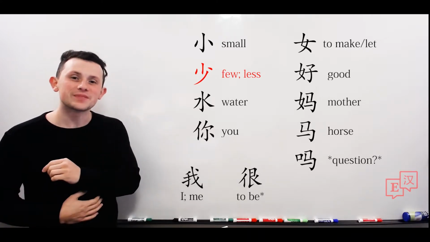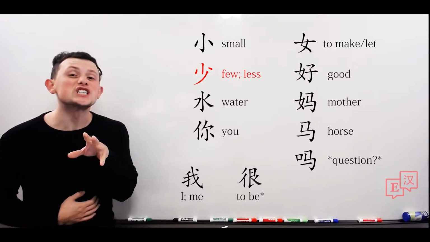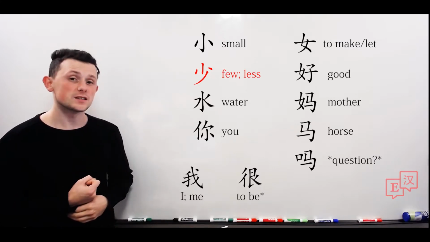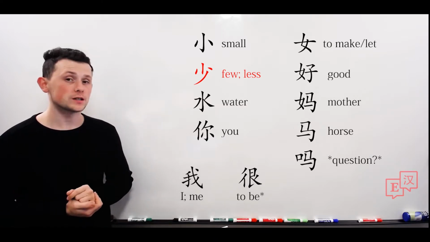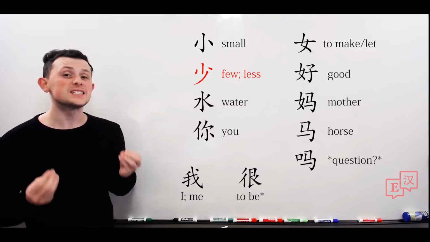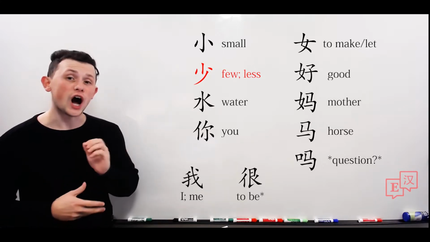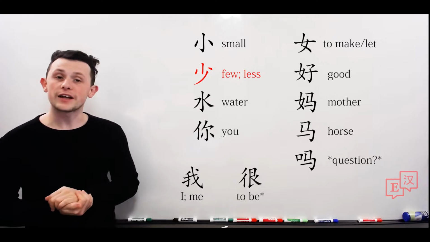Shao. Notice the beginning of the sound is like shang or shi, shao, less, or few. This character deals with quantity, whereas xiao is simply stature. This is small of quantity. Shao, few, less, etc. Our next character,